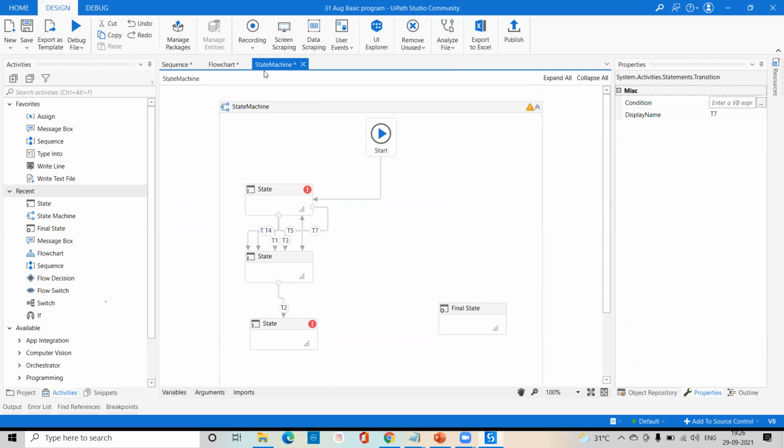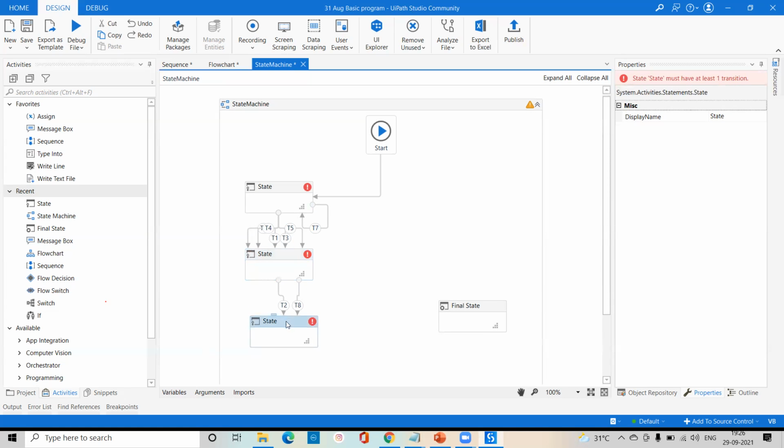Here you have to keep in mind one thing. In your state, this is called transition. And there are two types of transition. One is called forward transition, and the second is called backward, like reverse transition. So this is called forward. If you ask me the reverse, this way we can connect. Let me show you.